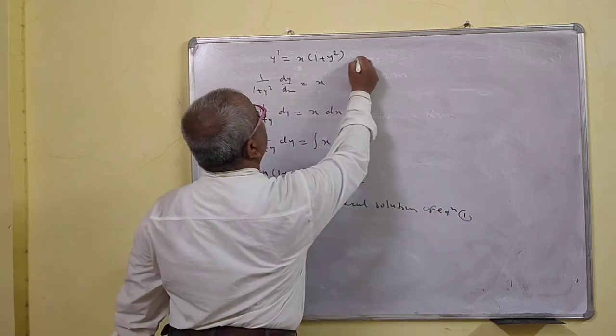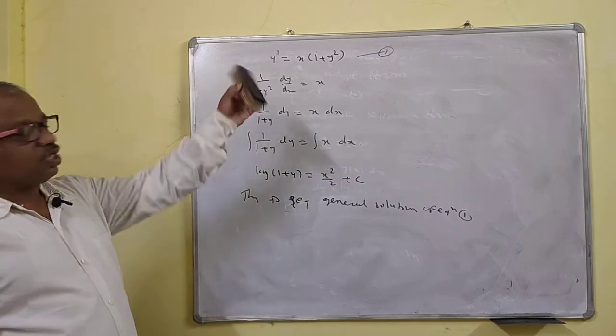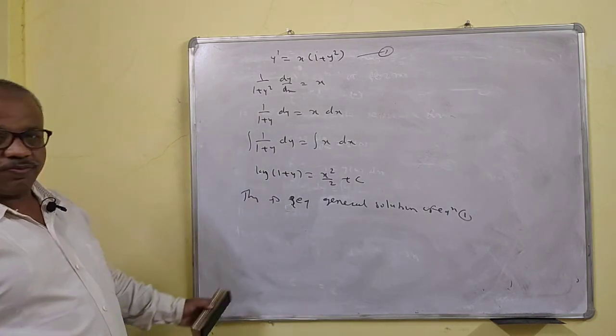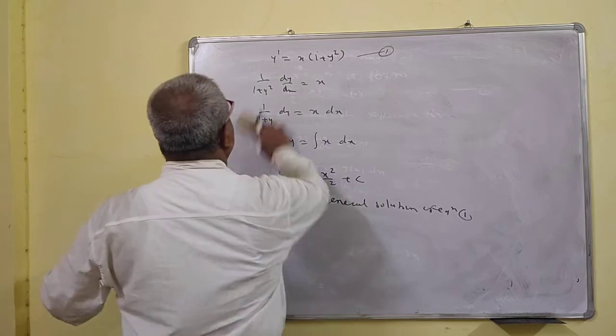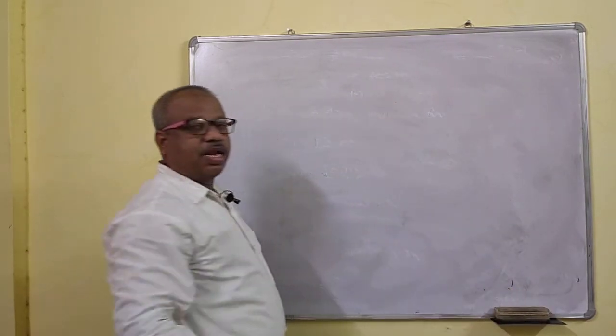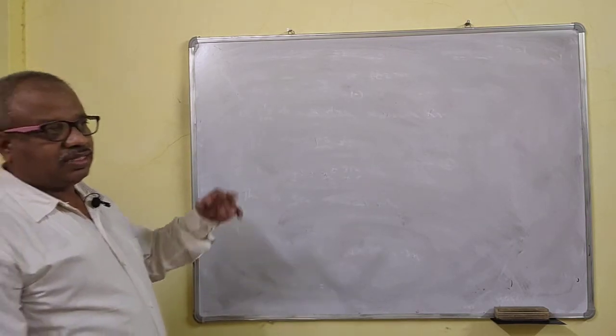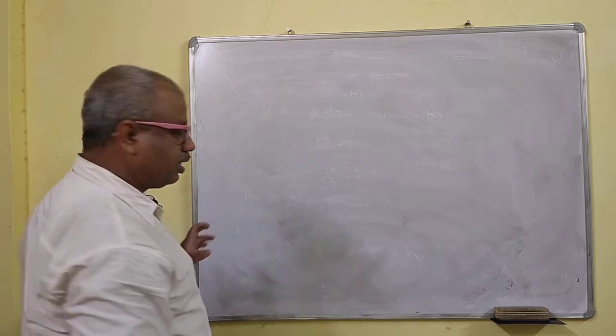You have to give the equation 1 here. If you are saying the solution of equation 1, then equation 1 should be somewhere. Okay, so we'll do the next problem. Here the part is, you have to identify it is a variable separable. This is the first crucial part. And the second crucial part is you have to integrate that.